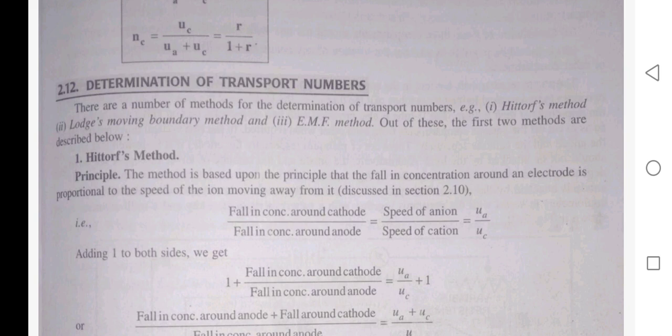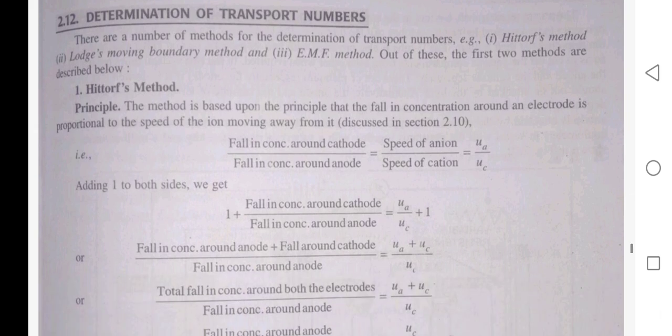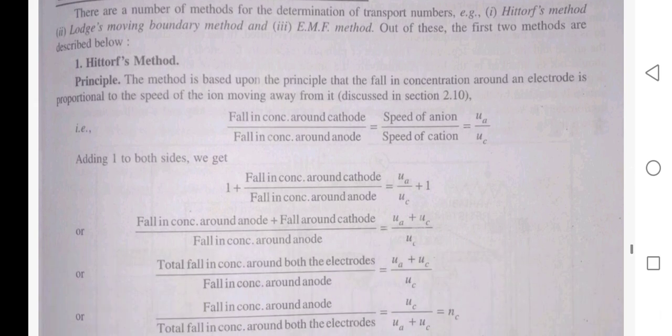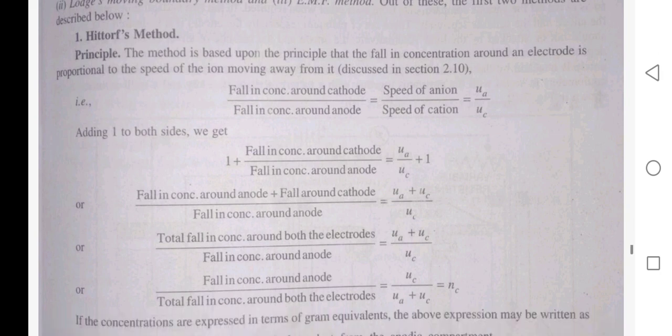First, Hittorf's method. Principle: the method is based upon the principle that the fall in concentration around an electrode is proportional to the speed of the ion moving away from it. Fall in concentration around cathode upon fall in concentration around anode is equal to speed of anion upon speed of cation. Adding 1 to both sides, we get